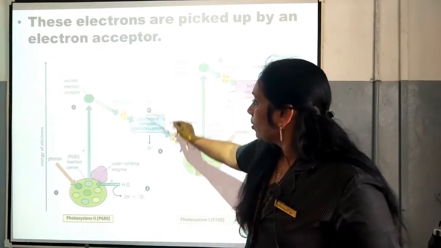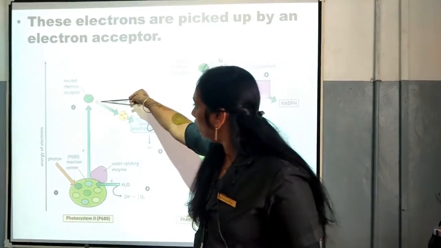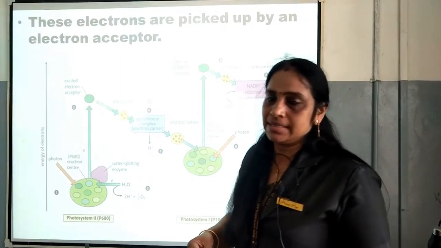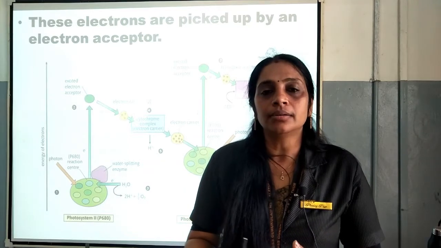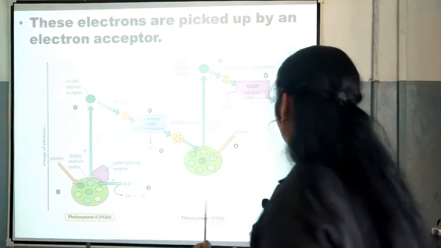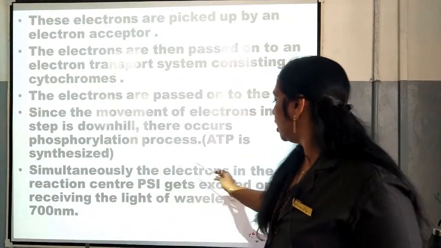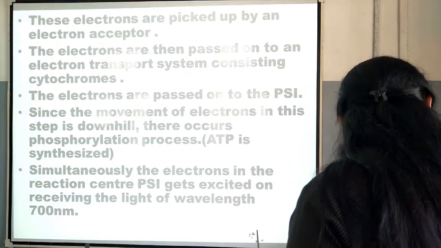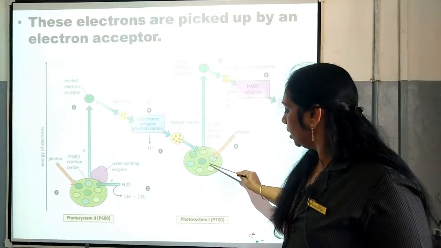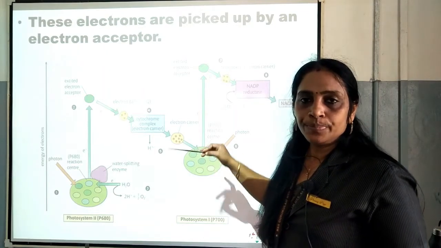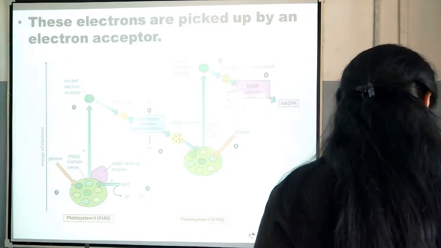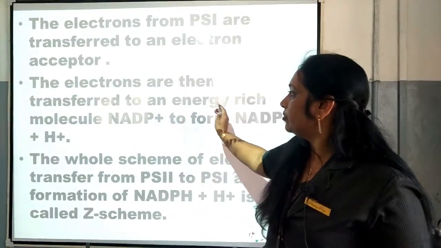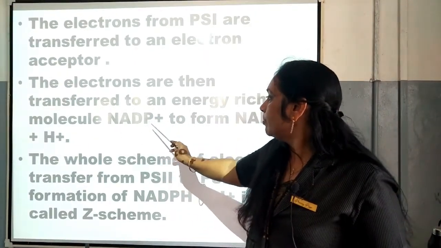So what is happening when this process is taking place? The electron is moving downhill, from top to bottom. During this process ATP is synthesized, because a lump sum amount of energy is produced and this energy is utilized for the production of ATP. And next, simultaneously, the electrons in the reaction center of PS1 get excited on receiving light of wavelength 700 nanometer. Already I told you, in PS1 the chlorophyll A molecule gets excited because of the absorption of light energy, and later electrons from PS1 are transferred to an electron acceptor, and the electrons are then transferred to an energy-rich molecule, that is NADP plus, to form